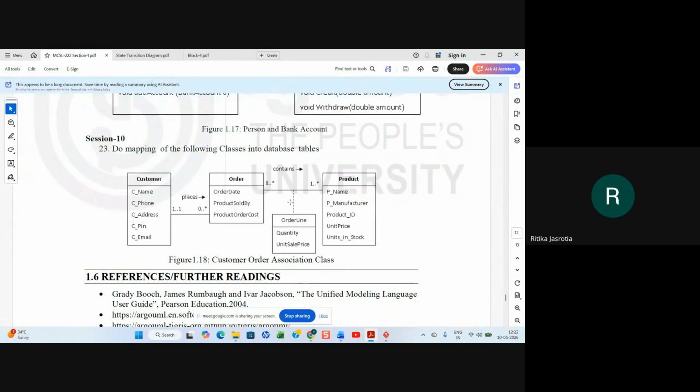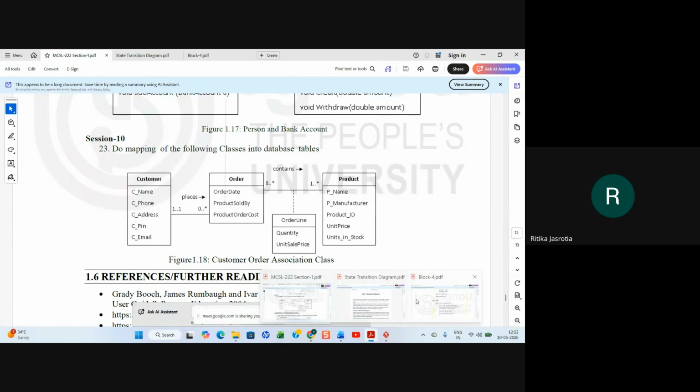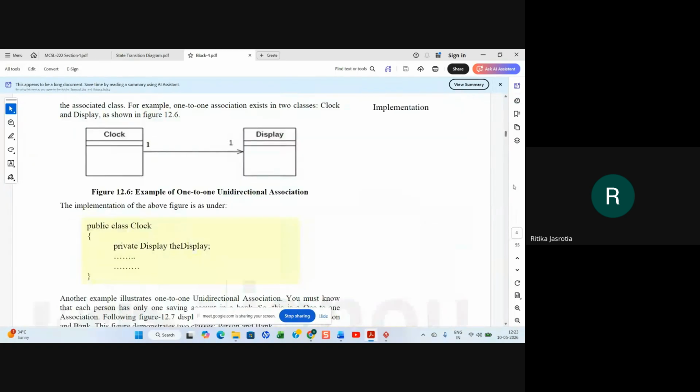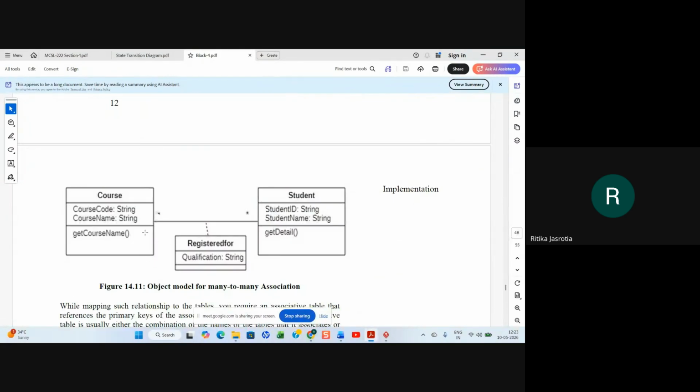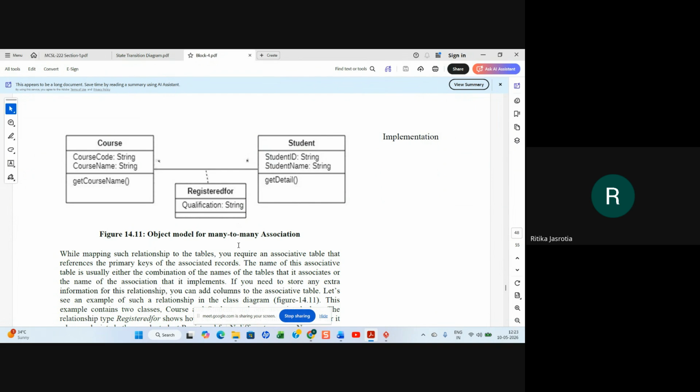There is a third table, order line, where the primary keys are order ID and product ID, and the foreign keys are also order ID and product ID. Do you remember the fourth block? We had seen that in the fourth block. This kind of a thing. Post, student, and registered for, right?